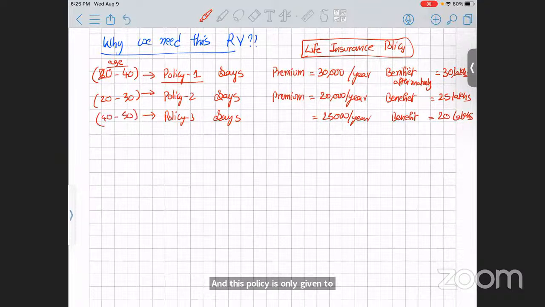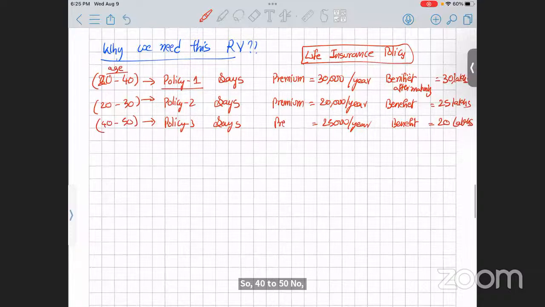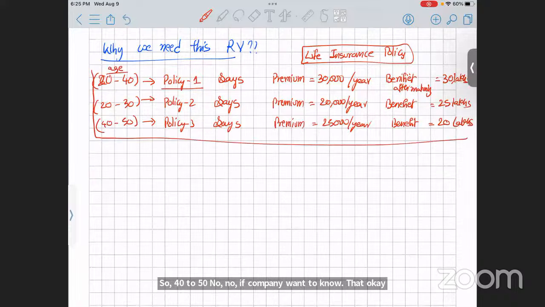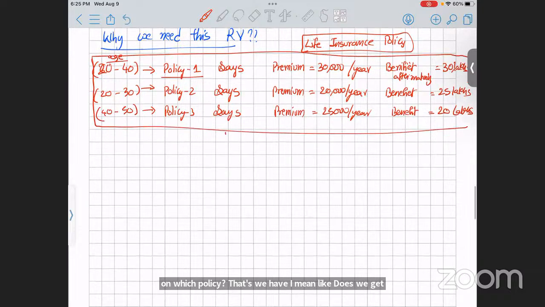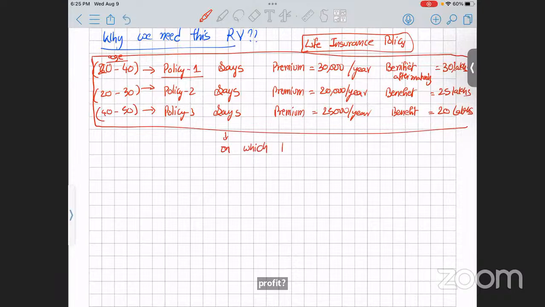Now look, if the company wants to know on which policy we get profit, on which type of policy we can get more profit,